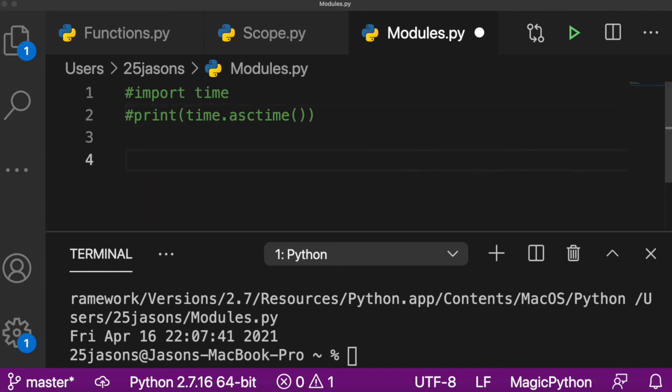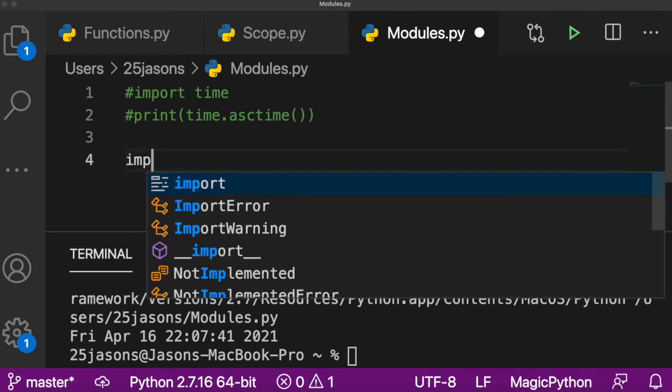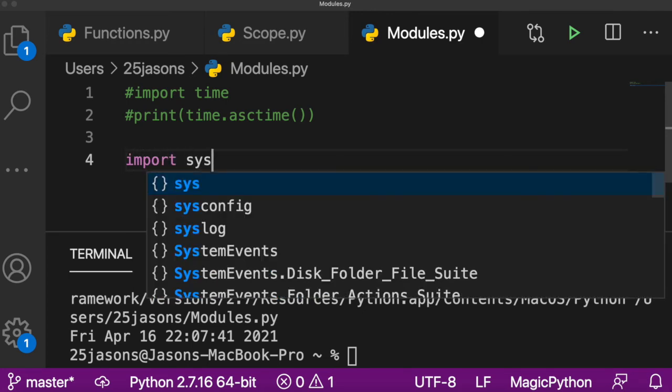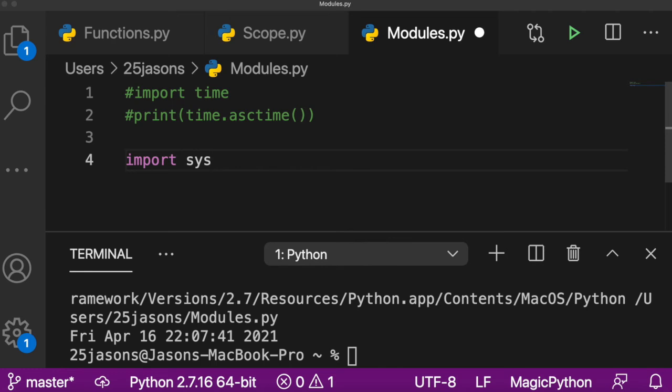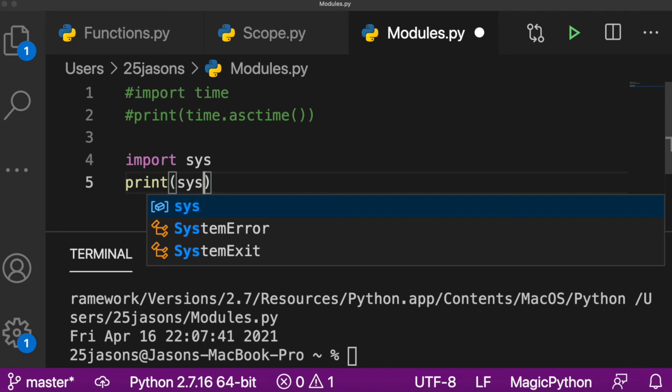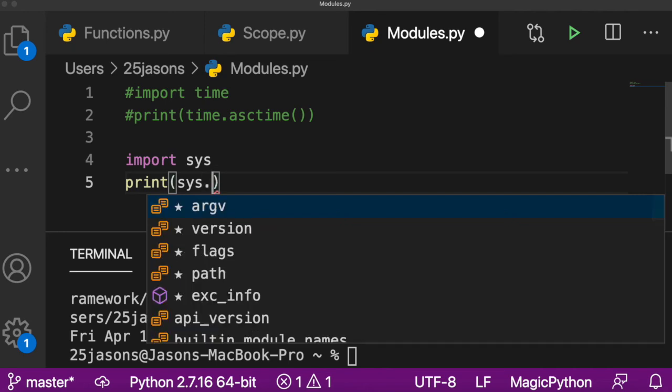Let's import something else. And usually you do import stuff at the very top of your code. Just a general note on convention. So let's say we go to sys, short for system. And you wanted to ask someone for input, about a value that they want to enter. So we would do, after we import, print sys dot stdin,